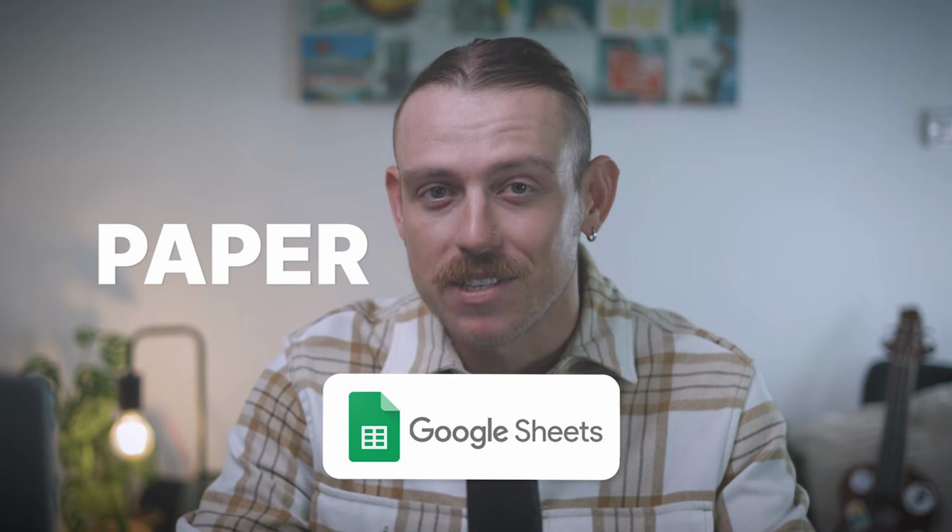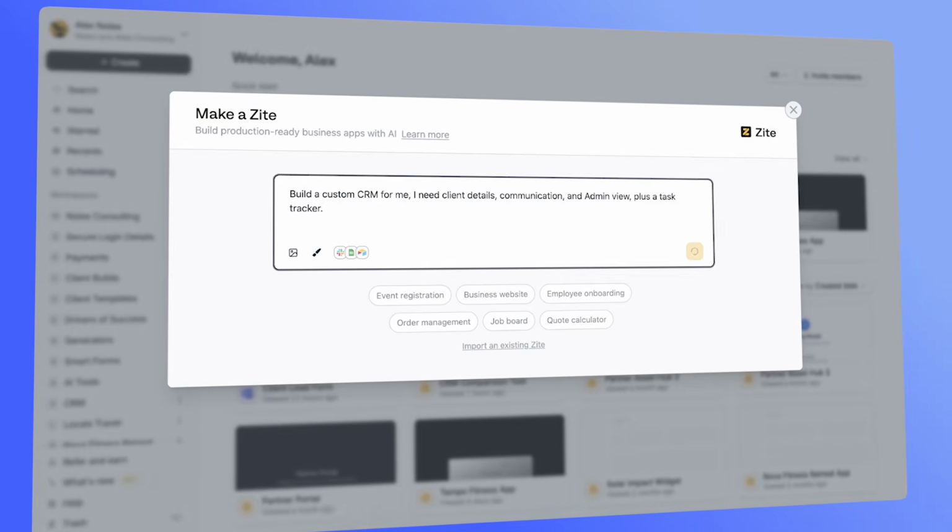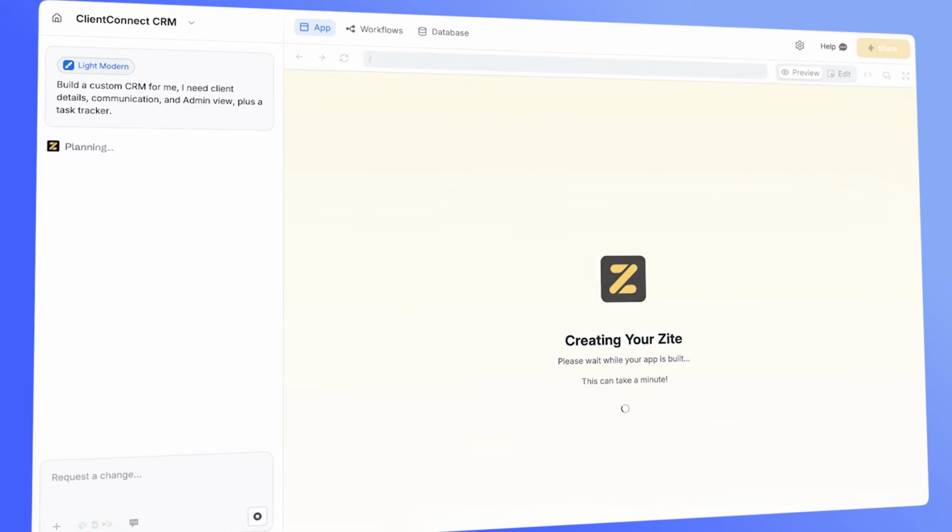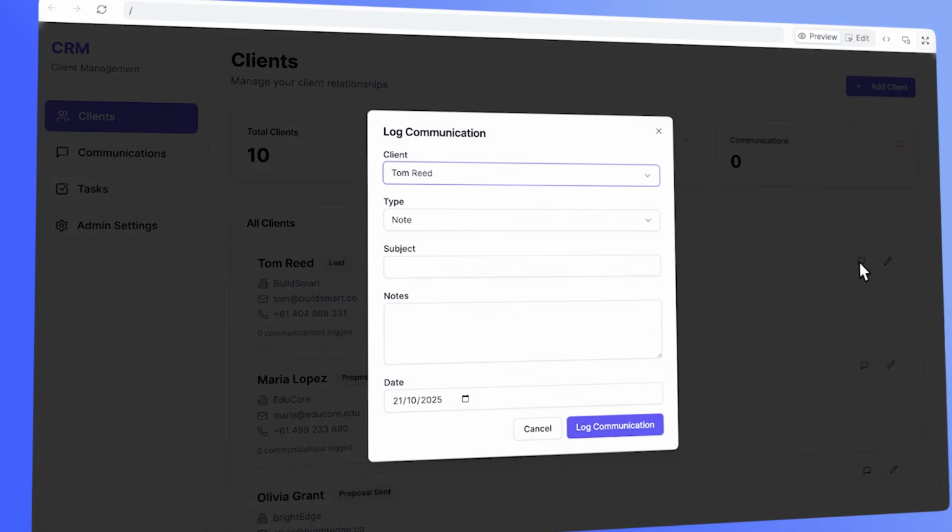Are you still tracking clients on Google Sheets, paper, or sticky notes? You don't need a fully fledged CRM, but a lightweight one would make life a whole lot easier. Using an AI app builder, we built a custom lightweight CRM with no code in less than a day. And I handed it over to a small business so that they could manage their client relationships outside of Google